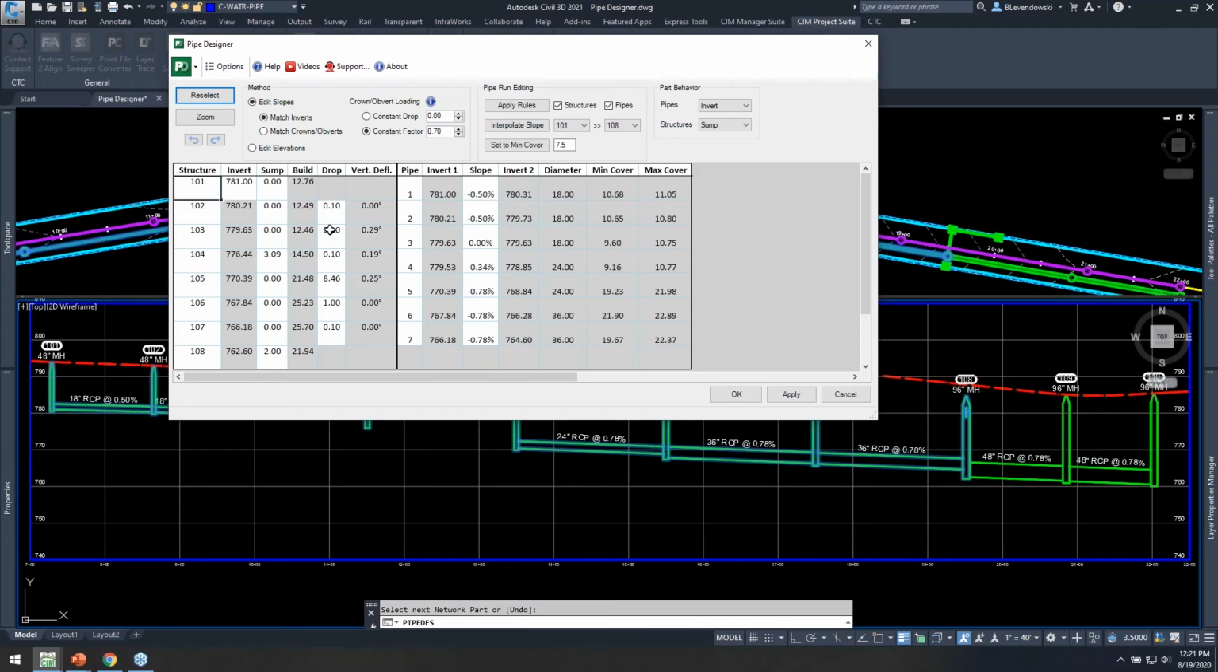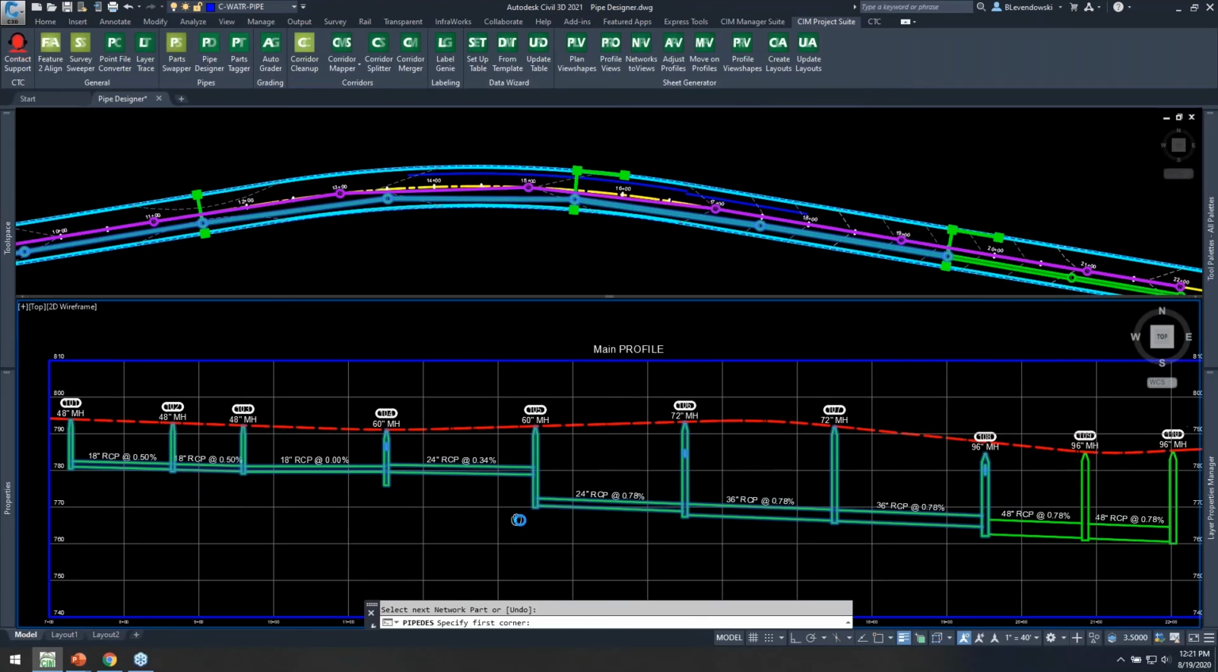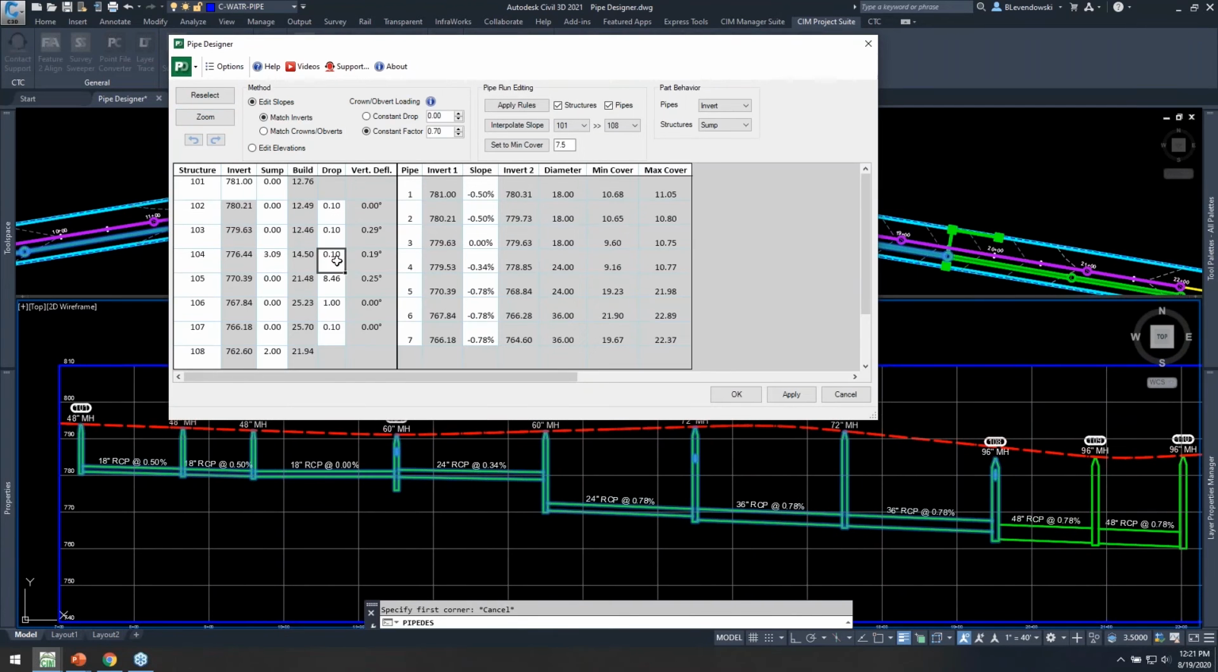Now first, we can look at the drops. Should we have these big drops like this? Let's say we want to set those to default. I can just use this press and drag option. But the sump value, say we want this 2-foot sump at the end, but we don't want the invert to